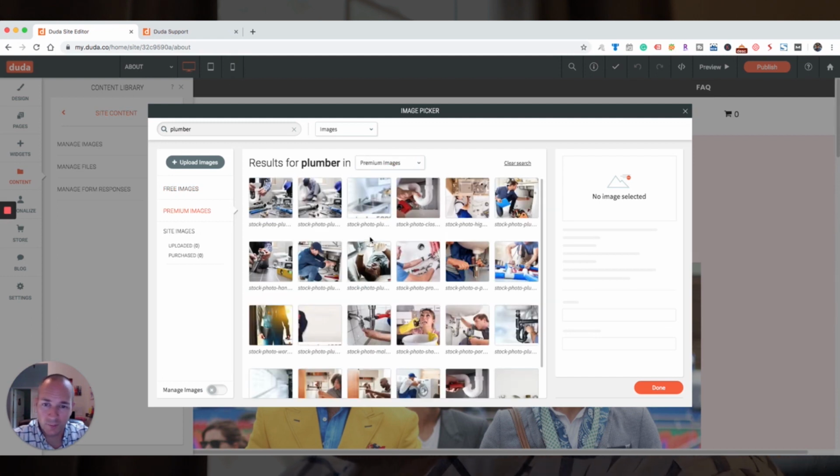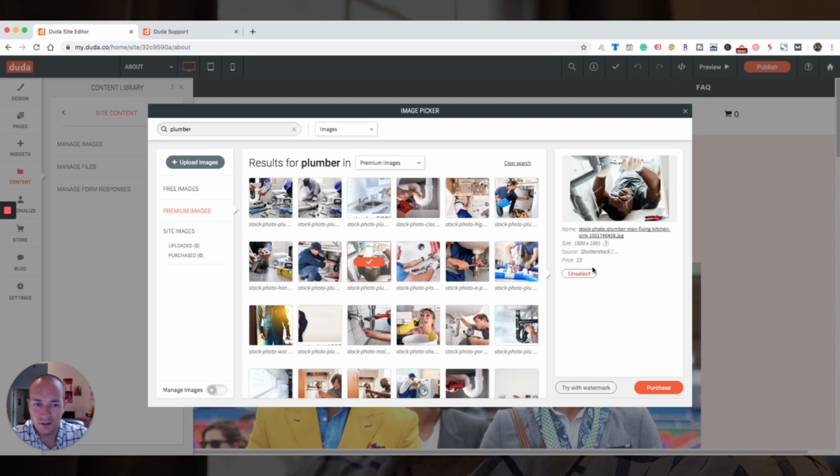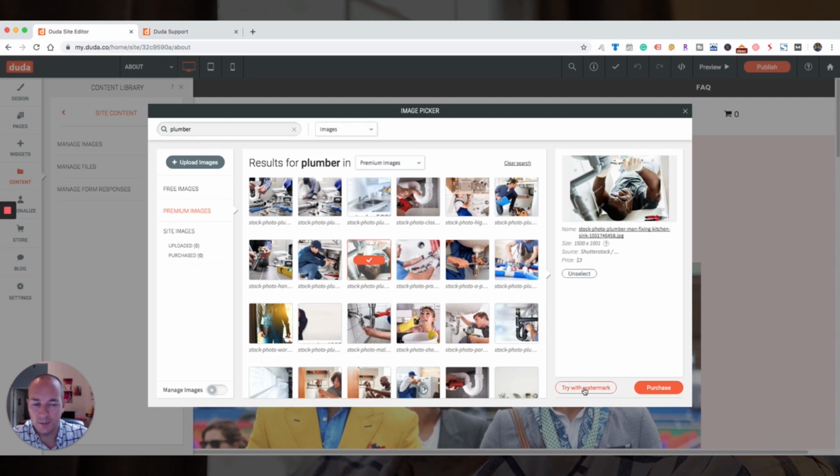If you don't mind paying for some images, you're going to charge back your customer or whatever the case may be, usually it's just a few dollars per image. They all come from Shutterstock, and you can add them with a watermark. So if you're not committed, you don't want to buy them right away, you can add all of these different stock photos with a watermark, and when you check out later, it'll ask you, hey, you've got 10 images, they're $3 a piece, you're publishing your site now, do you want to purchase those pictures in one shot? And it'll let you do it really easily and remove all the watermarks automatically. It's a big time saver.